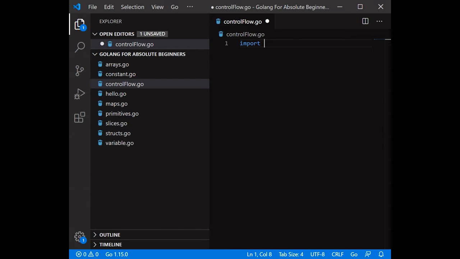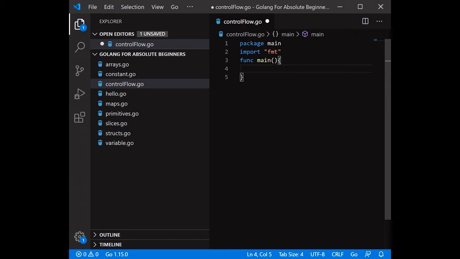So let's start. First of all, we are creating a package main, which we previously discussed in a tutorial, and we are importing the fmt module. Then we are creating a main function. Now I am writing the first control flow statement, the very basic statement, which is the if statement.